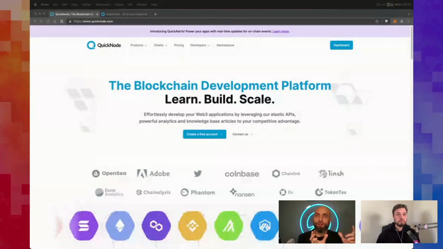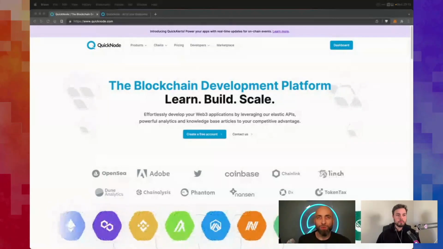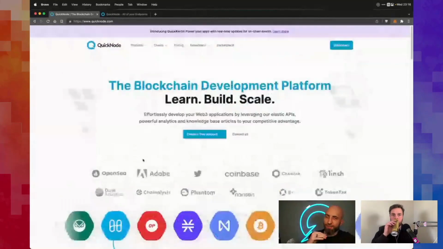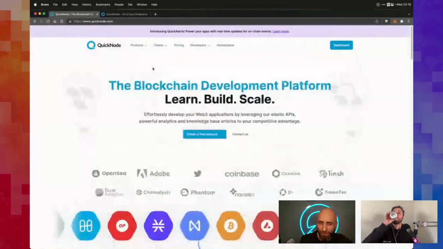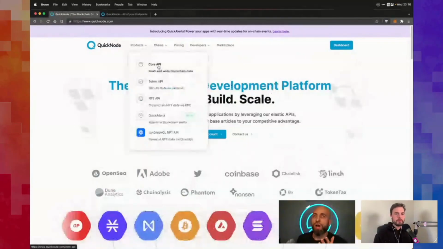You get one URL, one API endpoint. You connect it once in your app, and then you forget it. So that's level 0, infrastructure. And then on top of that infrastructure, there are other products like Core API, an API to talk to blockchain